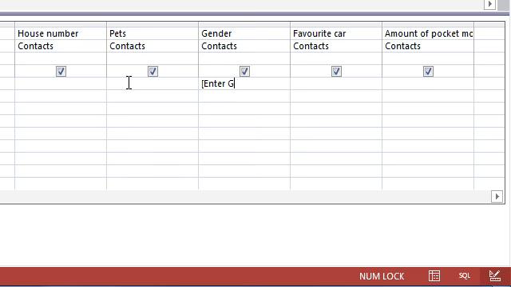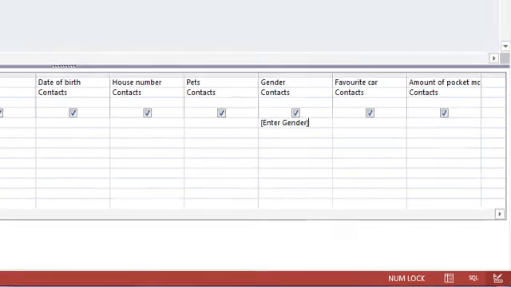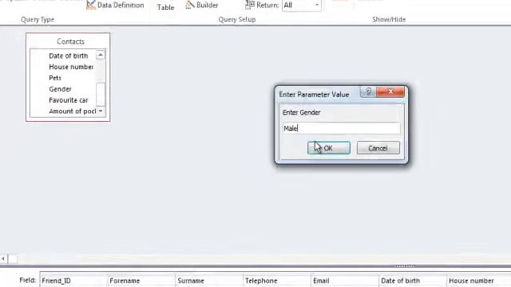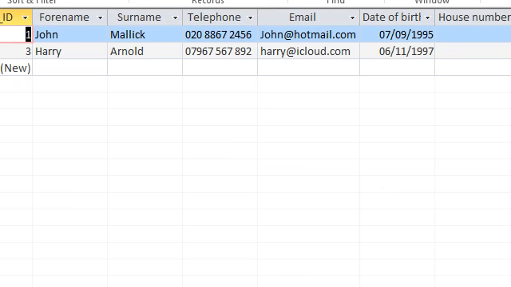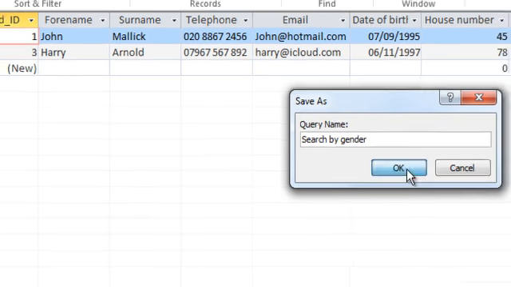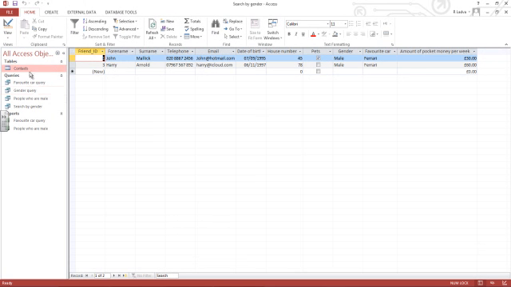And so, for example, let me just run that again. And if I run that, then this time I just want to type in male, click on OK. Now if I save this parameter query, give it an appropriate name, just going to search by gender, be more appropriate, and it comes up in my queries list down here. Now if I close this parameter query,